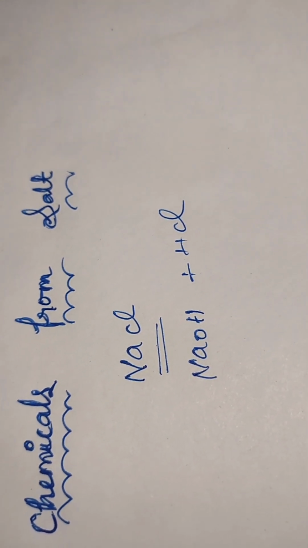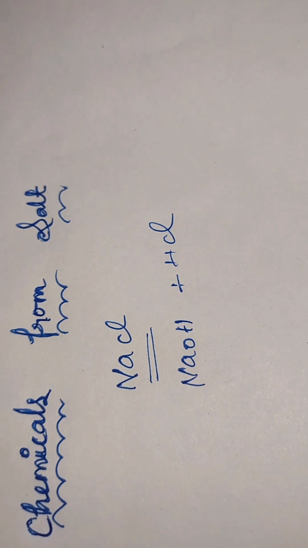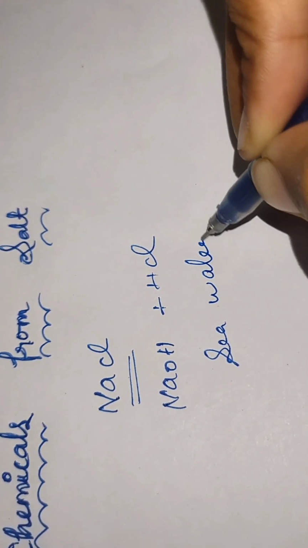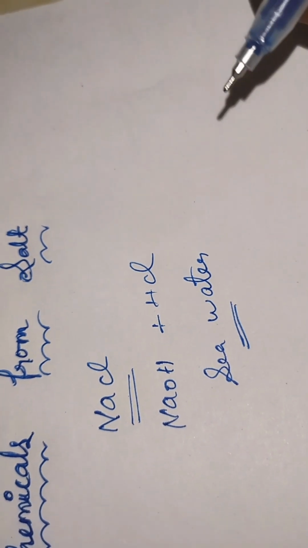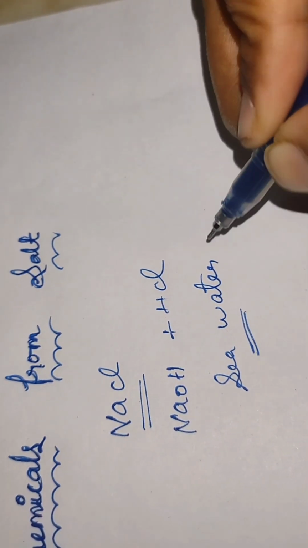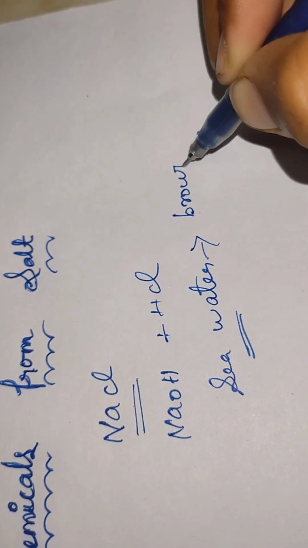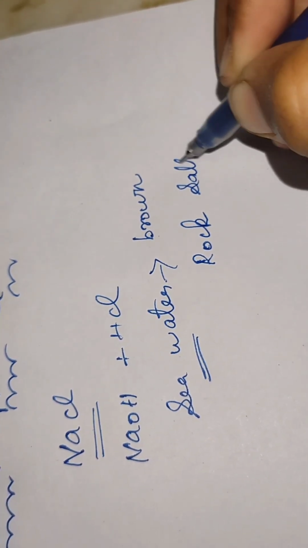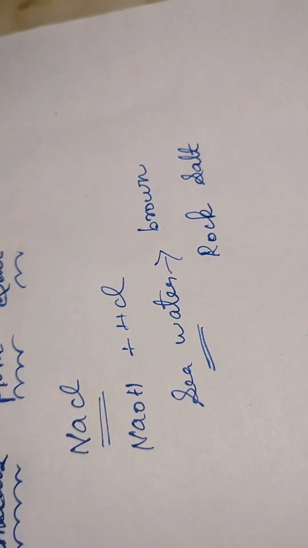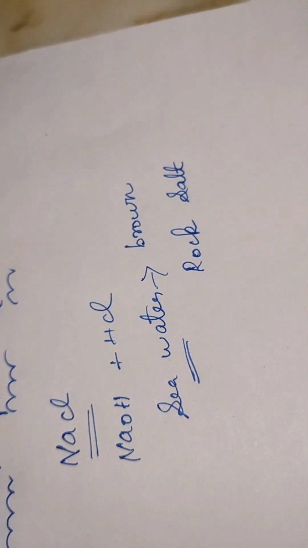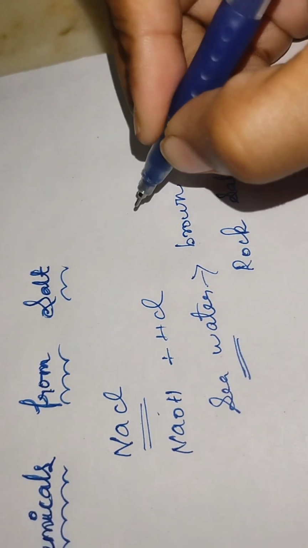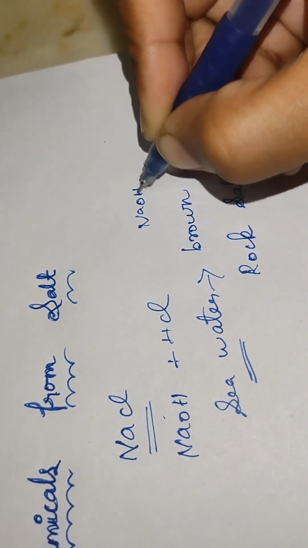We know that seawater contains a large amount of various salts. Due to some impurities, it is brown in color, so that salt is known as rock salt. From that, the pure common salt is separated by various methods. And this common salt, sodium chloride, is used as a raw material for other materials such as sodium hydroxide, washing